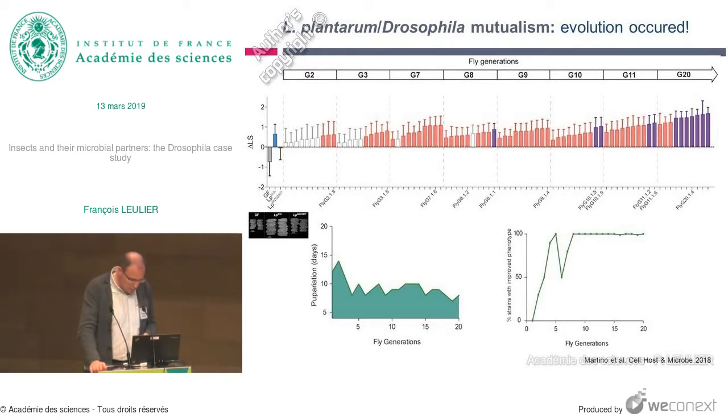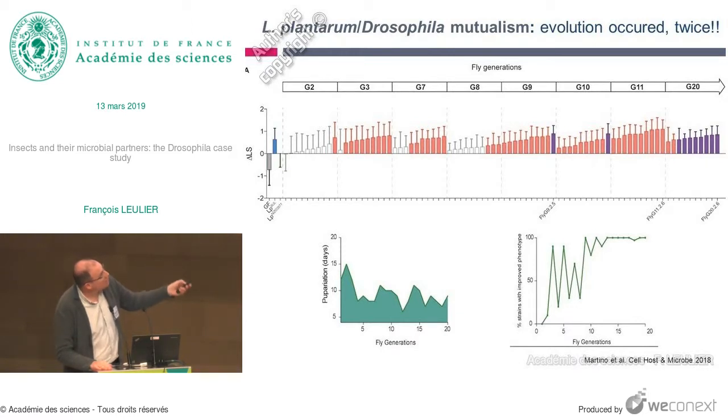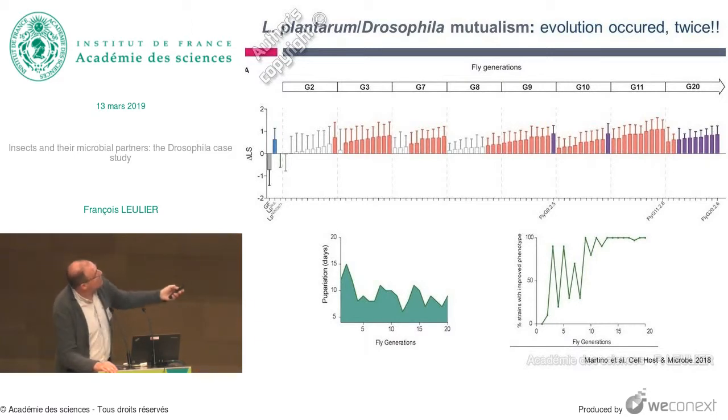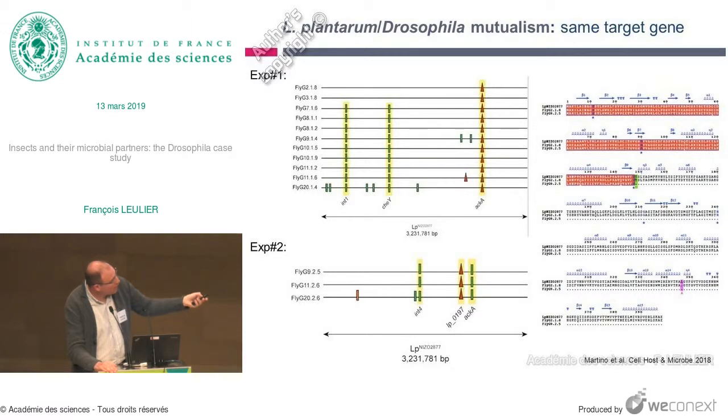So that was super exciting, and she realized also that very quickly, most of the isolates, as you can see on this slide with the color code, were actually more beneficial than the ancestral strain. So evolution had occurred, and that was cool. Then she repeated exactly the same setup a few months after, with exactly the same systems, and evolution occurred again, as expected. So she got again an acceleration of the phenotype. She got again a lot of isolates which showed an improved growth promotion capacity as compared to the ancestral strain. And again, the incidence of those isolates in the population was total in a few fly generations.